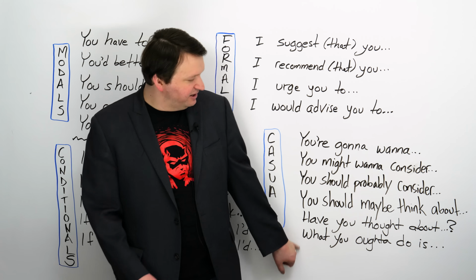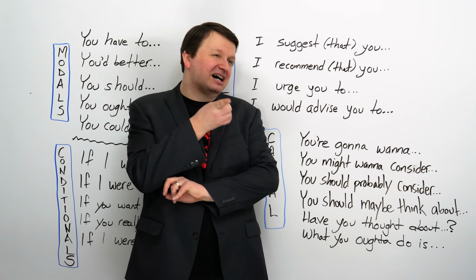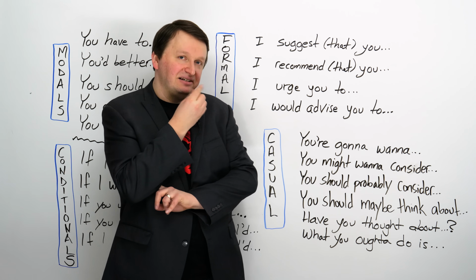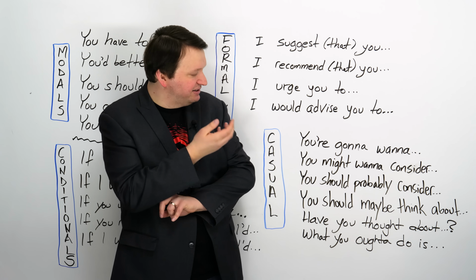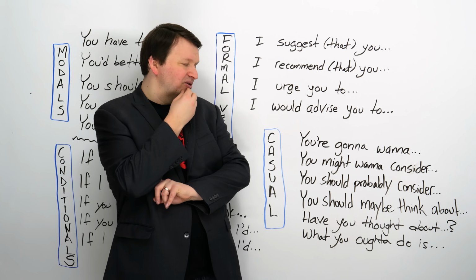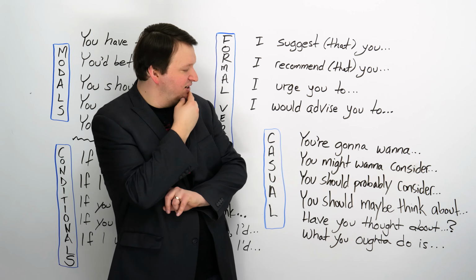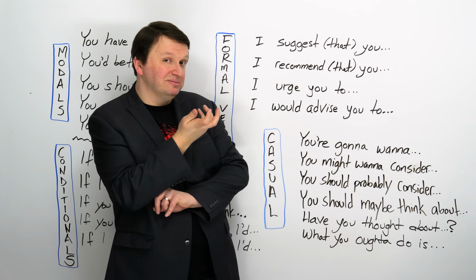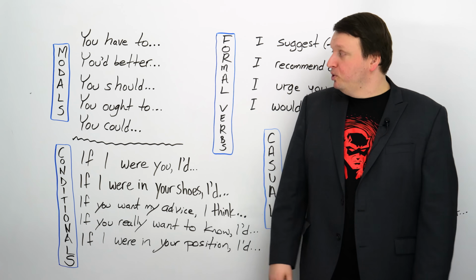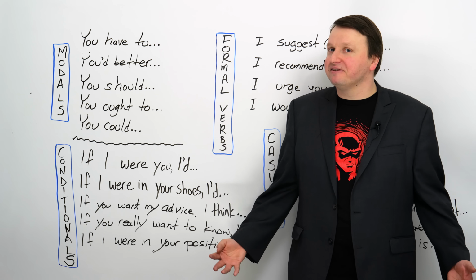All right, and finally, well, listen, what you really ought to do, or what you ought to do is, and this is, again, a more casual way to say you ought to, I think you ought to, what you really ought to do, what you probably ought to do, what you ought to do is blank, base verb, okay? Whew. I think you got more than 20 things in this video, and that's not a bad thing.